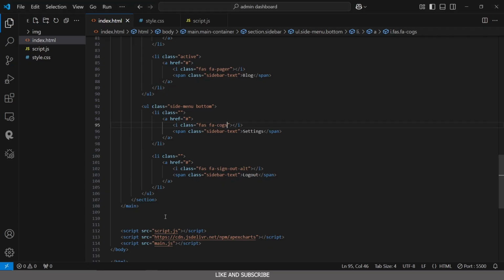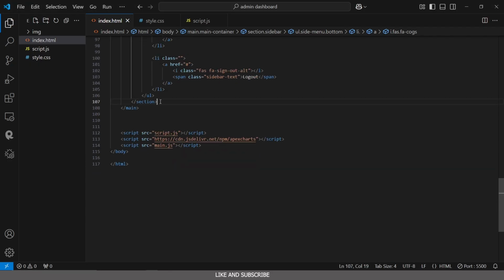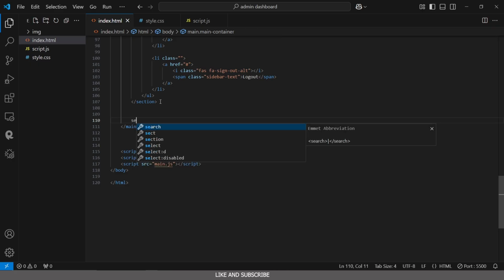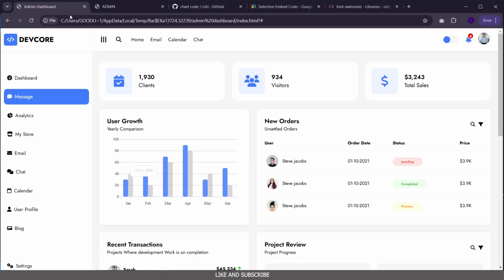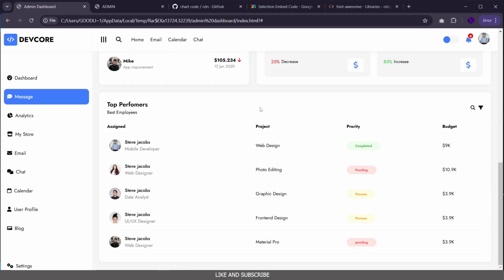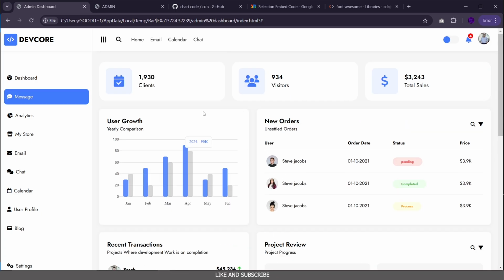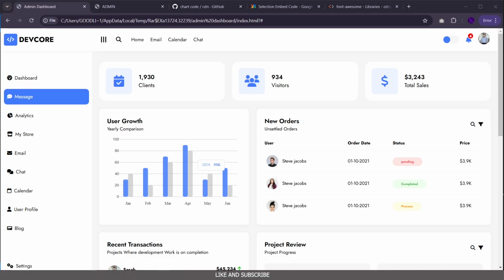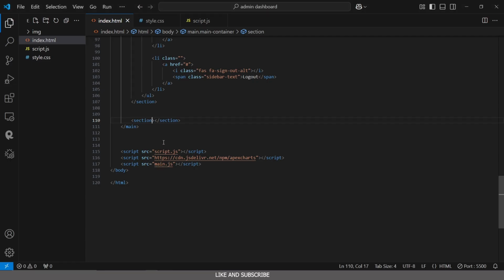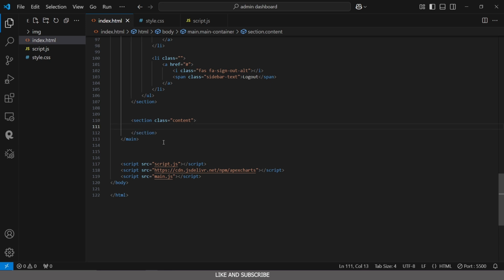So for the navbar, we need another section. Get outside this section tag and create another section. We need a section tag. This section tag is going to be the container that holds the navbar and this hero section part right here. That's actually the hero section, the context part that holds the cards and also our table right here. So to create that, we need a section tag, which is going to have a class. The class here is going to be content, and next we're going to have a nav tag,